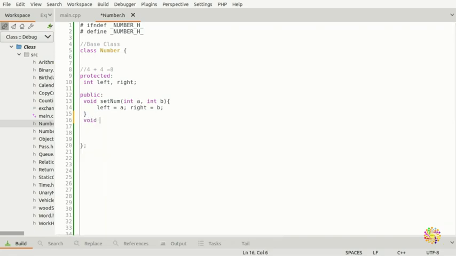It says void. Now we're gonna display number, our display num, whatever, because you need some sort of function, our method, to display your number. So what we're gonna do is put a cout. The first one is we're going to display the number left,